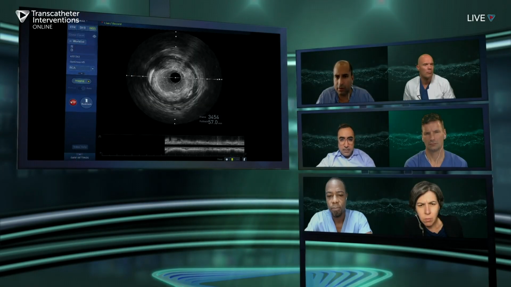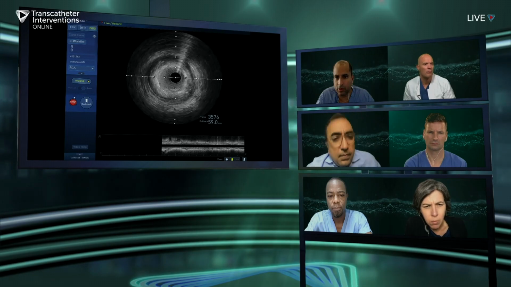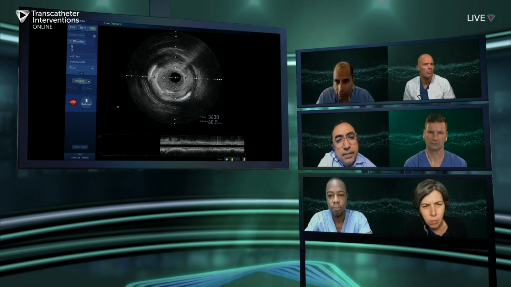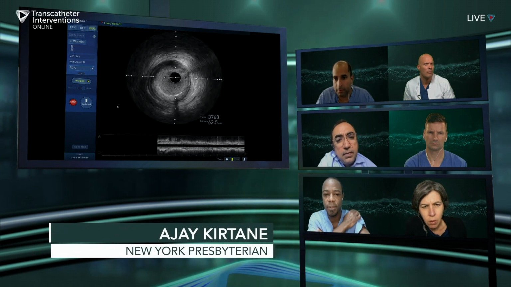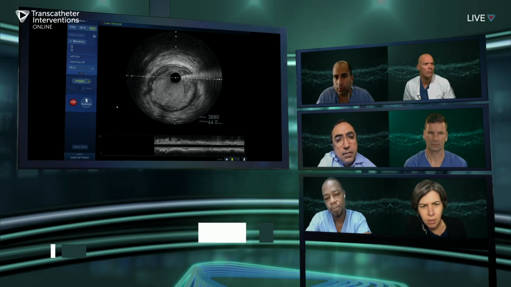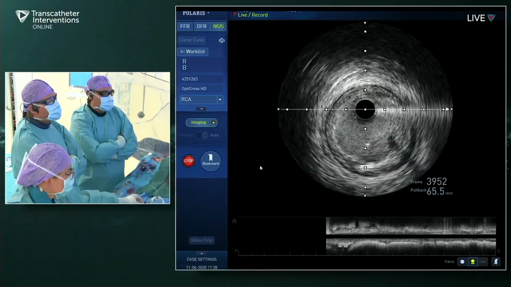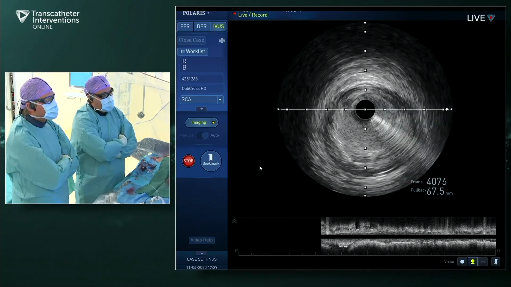There's dissection for a little bit, but that's okay. We had this big balloon, but it looks to me like this is all true lumen and not really subintimal space. Yeah, it's true. Looks like. Yeah. Which we like it. There's a subintimal space down there. Yeah, there was a little flap at